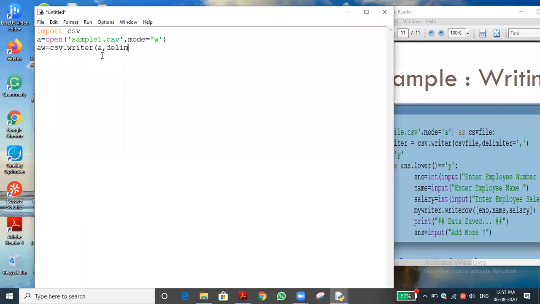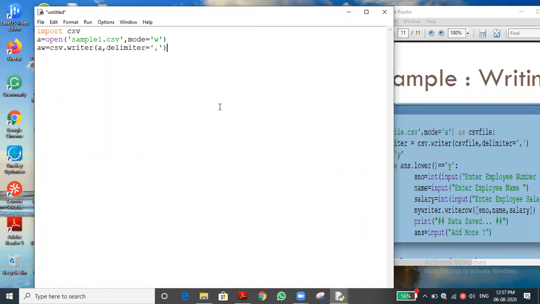Okay. Delimiter equal to. What is the delimiter meaning? Yesterday we discussed this much. What does delimiter mean? Any two words or characters are separated by a comma. If we give a dot, the values will be separated with a dot. The values will be separated with the delimiter. Actually, we have given a comma here. So that's what we are saying: it's a comma separated value. Okay, so that is one thing.